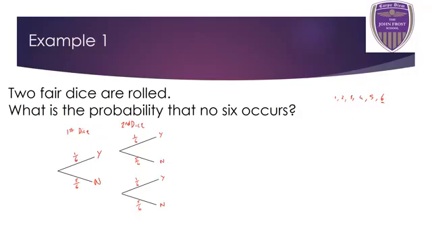Now, the purpose of having all these branches on the tree diagram is so that we cover all the possible outcomes. If we follow this branch here, then the first dice lands on a 6, and then the second dice also lands on a 6. That means it lands on a 6 both times. Now, to work out the probability of that happening,